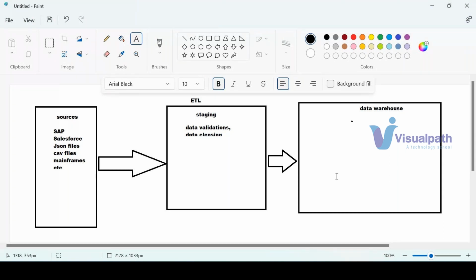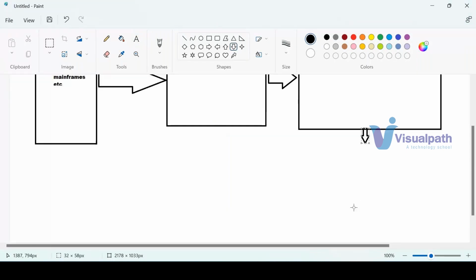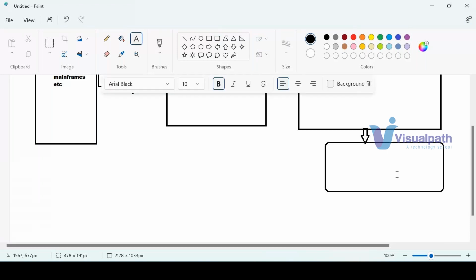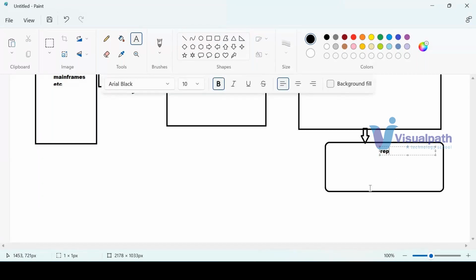So for these kinds of non-technical users, we will be having visualization tools, those are reporting tools. So here we'll be having reporting. For reporting, we can use Tableau,